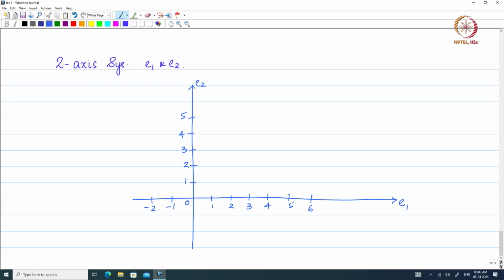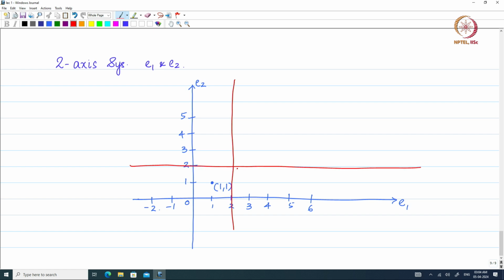So the point, let us look at this. Let us just try to mark this point 1 comma 1 in this system. 1 comma 1 is this particular point that we see here. Now what I do, I am going to construct a new coordinate system, where the origin of this new coordinate system is going to be located at